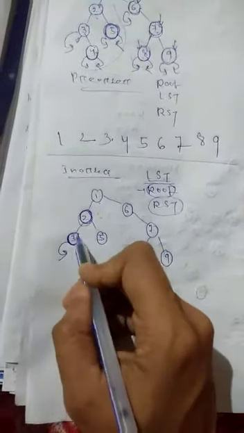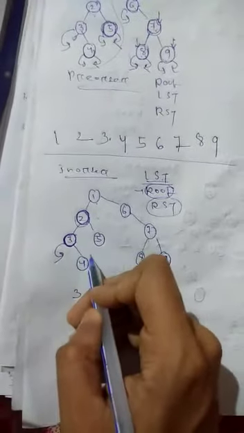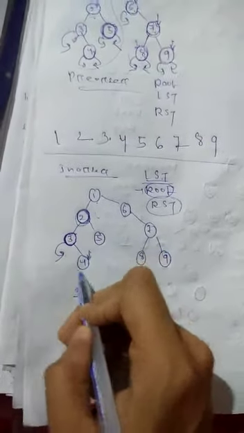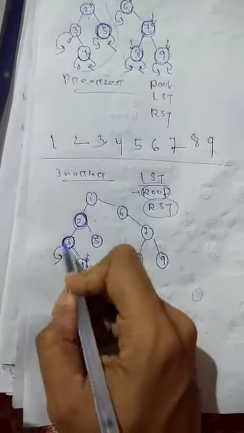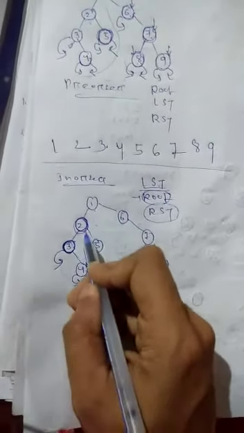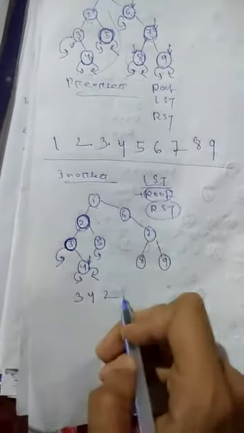Okay, then for 3, the left subtree is visited, printed, then go to the right subtree. So here the right subtree, no left subtree. Then the second statement is printed, no right subtree. Okay, then return here to 3. Then return here. Here the left subtree is visited, then print it, then go to the right subtree. No left subtree, print it, then right subtree. Here for 1, all the left subtree is visited, then print it, then go to the right subtree. 3, 4, 2, 5, 1.